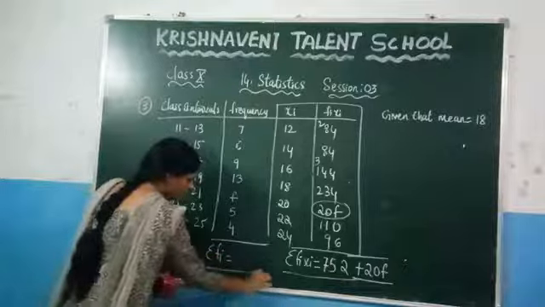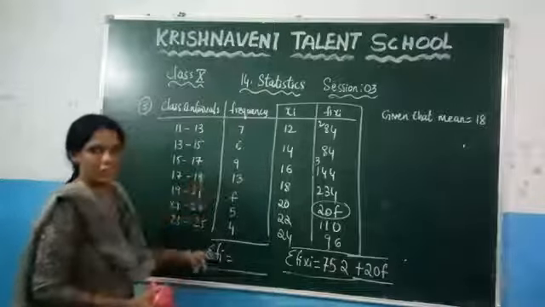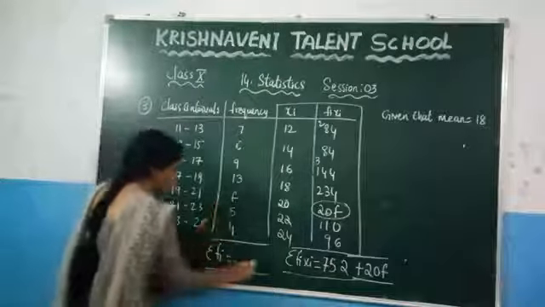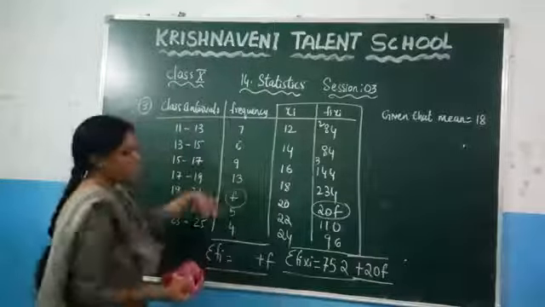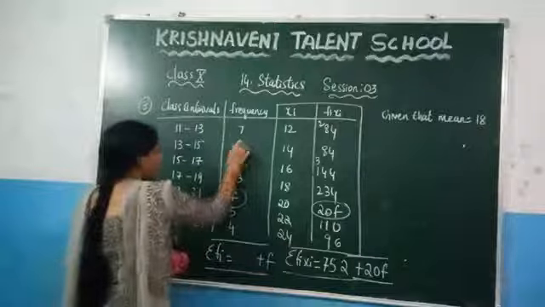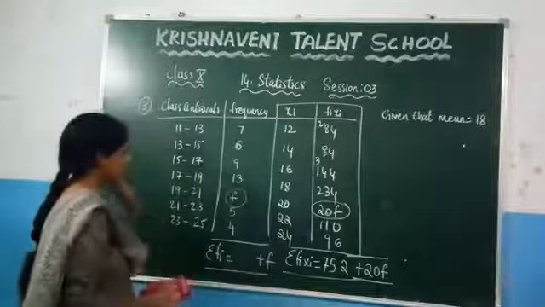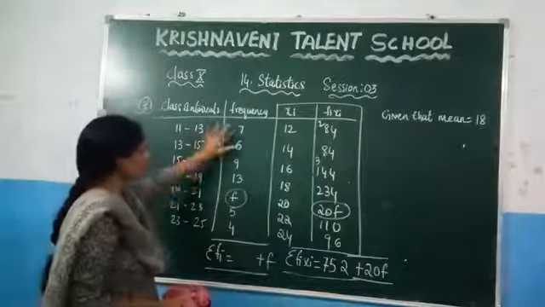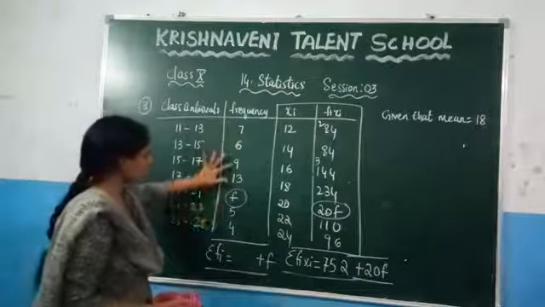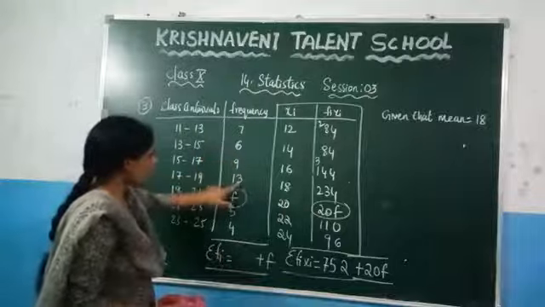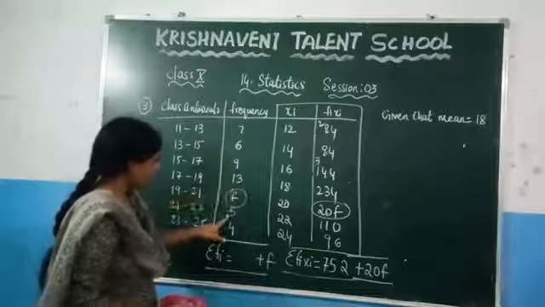What is meant by sigma fi is nothing but the sum of the frequencies. Here also you can observe that f is there, so write f separately, and the remaining numbers you can add. So after adding all these numbers, what will you get here? Check it. Now what is the value of 7 plus 6, which is 13, 13 plus 9 is 22, 25, 30, 34.